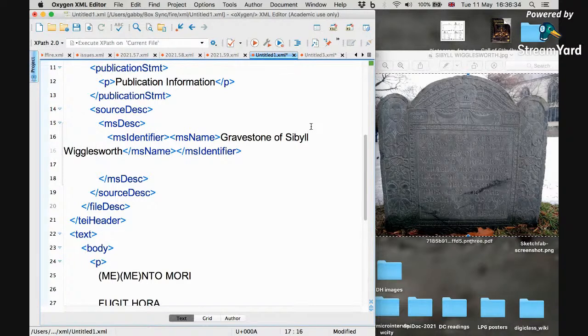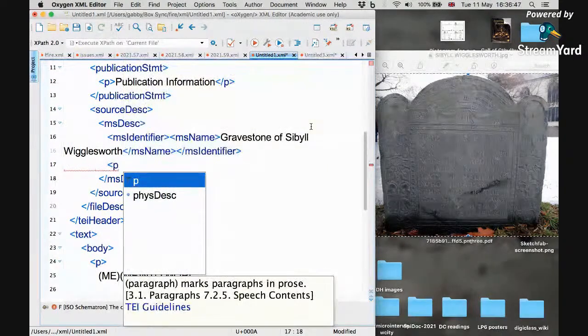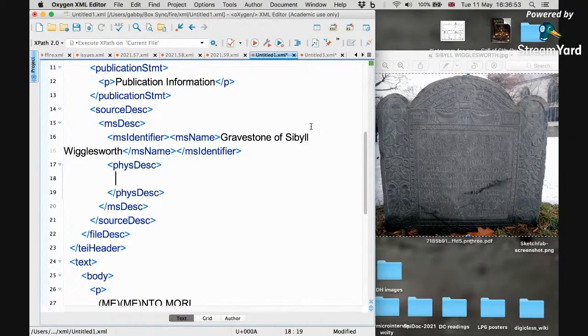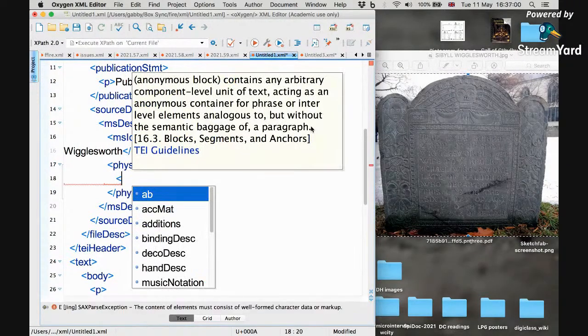And there are a few things nested within each of those that we might want to say about an object. Again, my focus on this is going to be quite different from Christopher's when he shows you his example. So the physical description is fairly easy to remember. It is in an element called physDesc, which can contain various components. The things that I'm interested in for this object inside physDesc are